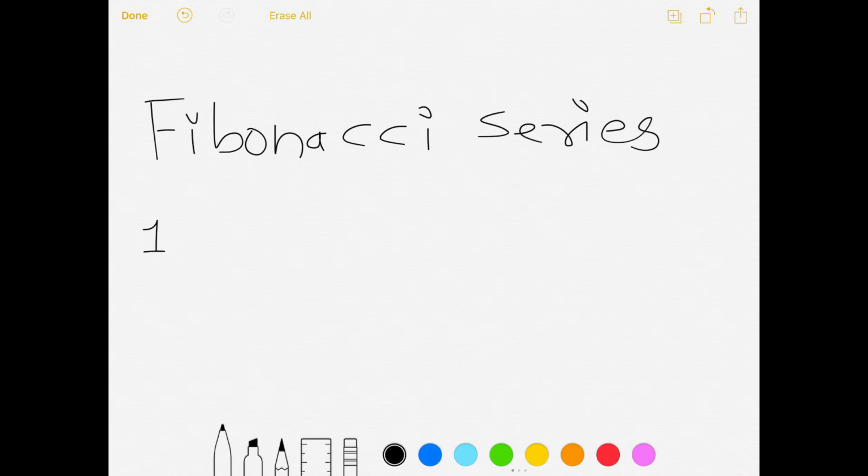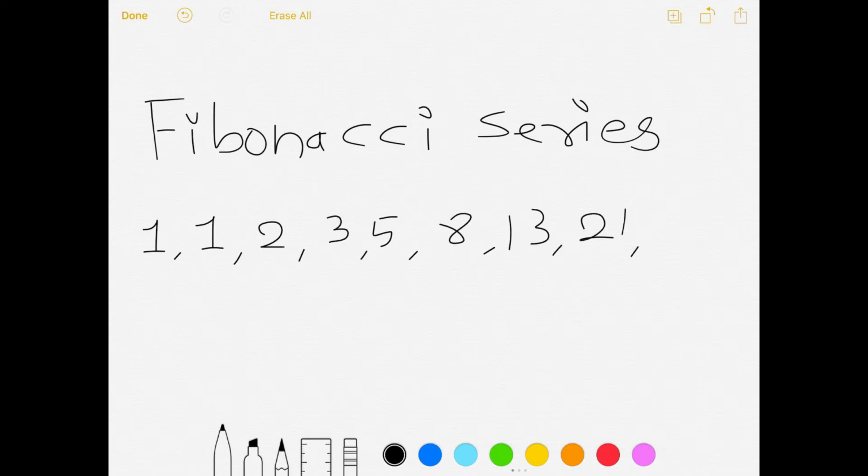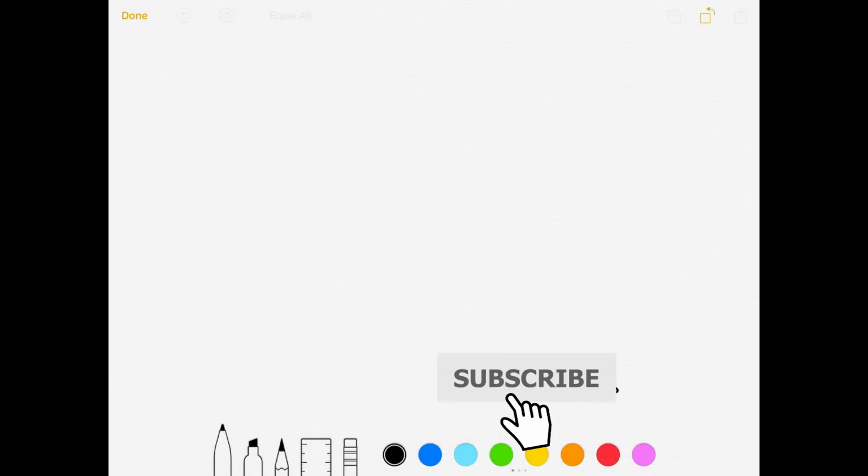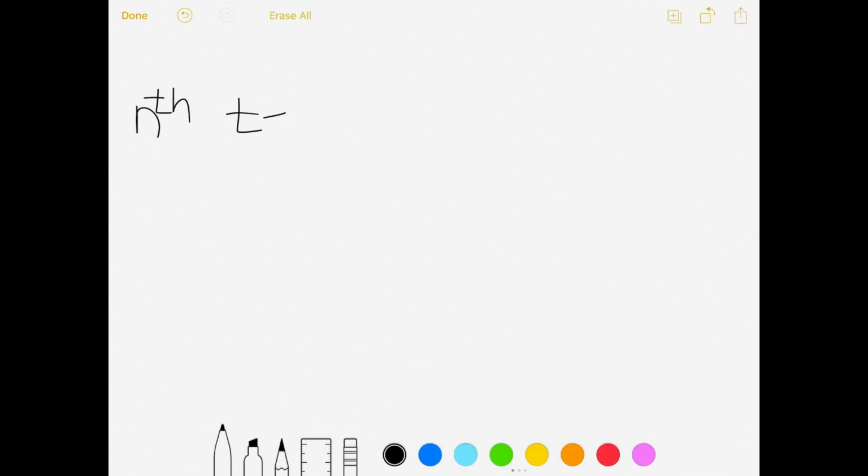The Fibonacci sequence looks like this: 1 1 2 3 5 8 13 21 34 55 and it goes on. Okay, so this is the Fibonacci series or the Fibonacci sequence. Now, as it is a revision kind of a thing, I'm not going into basics. Okay. Suppose if we want to find the nth term of any AP, arithmetic progression की अगर कोई भी आपको